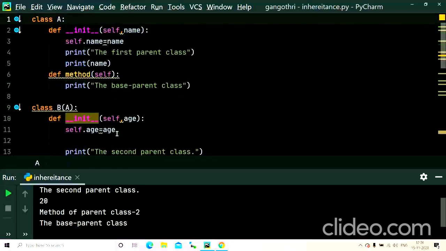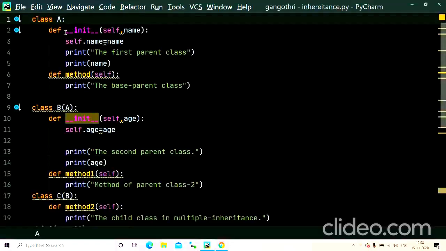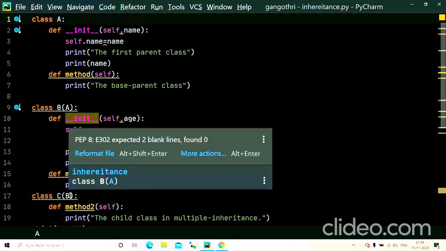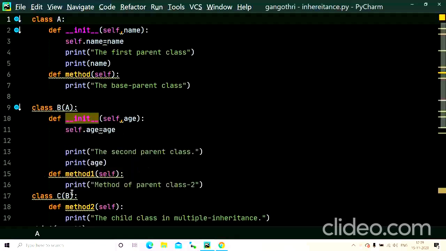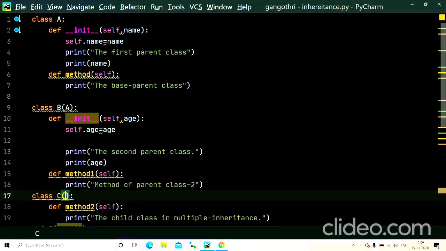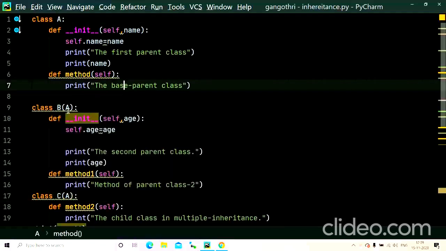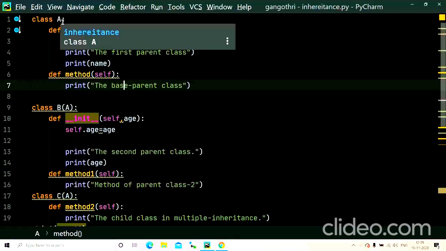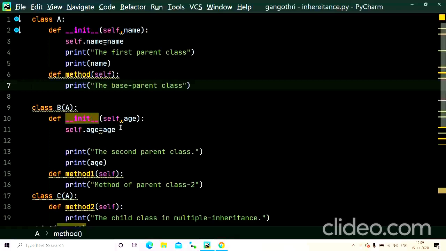Let us go and talk about hierarchical inheritance. In the case of multi-level inheritance, we are inheriting the properties of A to class B and also to class C by inheriting class B to class C. But I don't want the properties of B to be in class C. I want only properties of A. So, I inherit the parent class A to both the child classes B and C. Here B and C are the child classes, and A is the one and only single parent class to both the child classes.